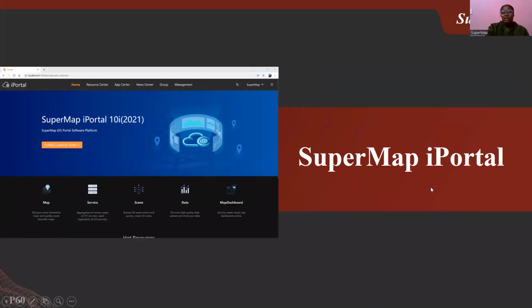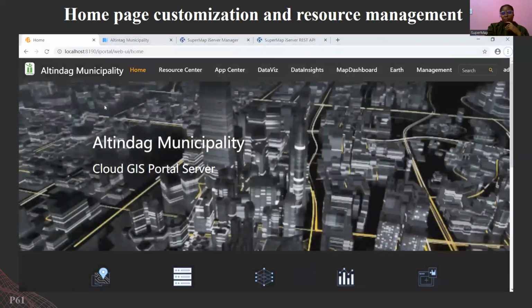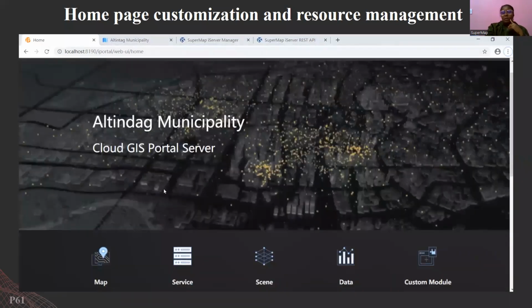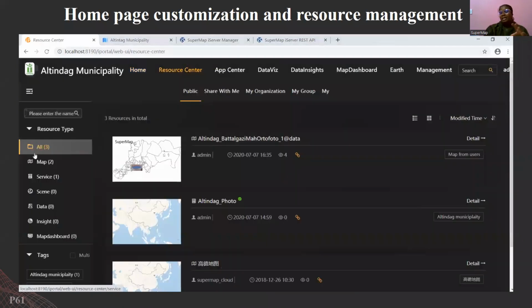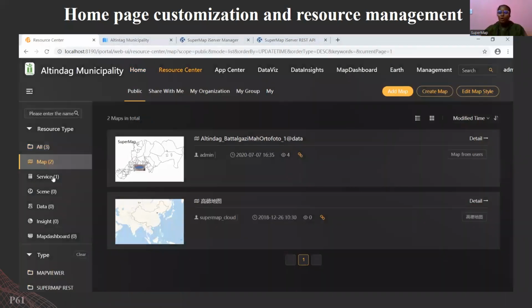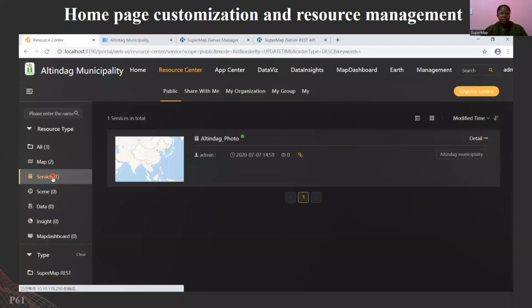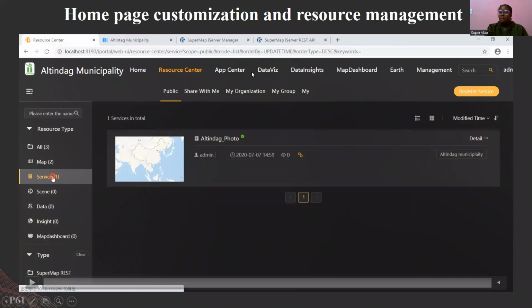We then have SuperMap iPortal. I've already dwelt so much on this. That's for customization simply. In this particular instance, this was a project we did for one of our municipalities. They wanted a dashboard that would enable any user, for example, in that department, be able to access any particular maps. So if you're looking at the police, be able to access varied routes that have been created from maps, or be able to look at data management or something of the sort. You'll notice that it has quite a lot of things like the App Center, data visualization, be able to provide data insights,